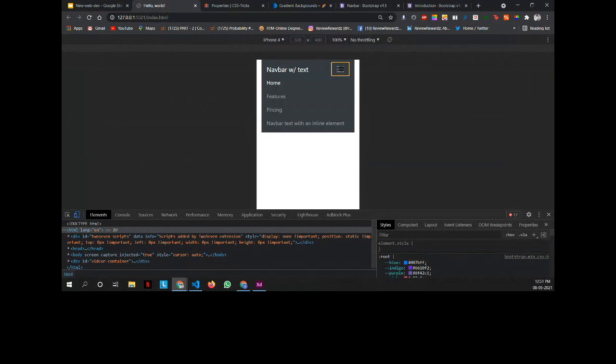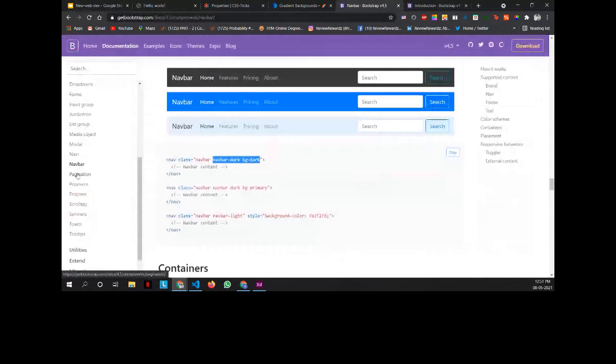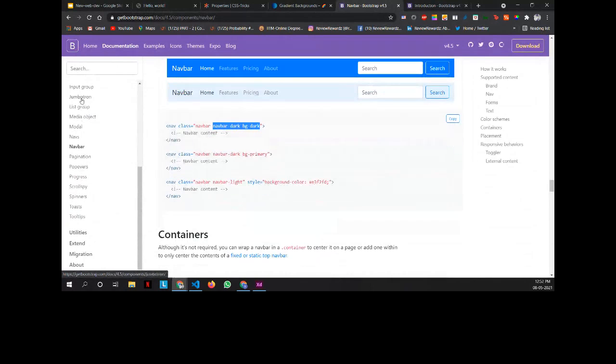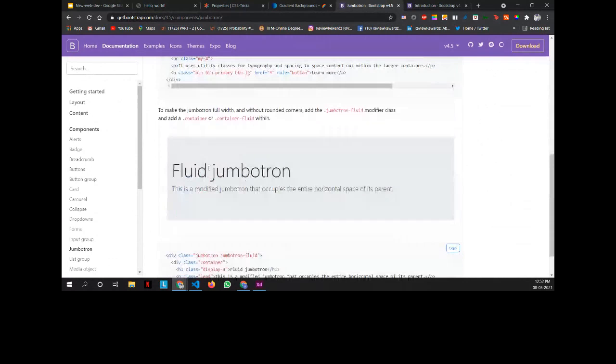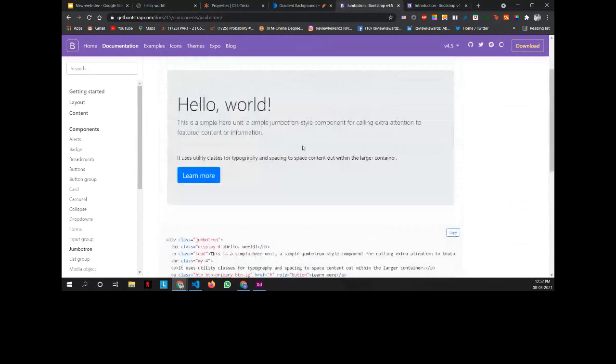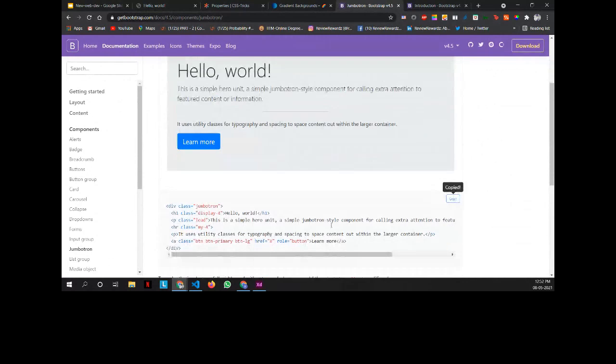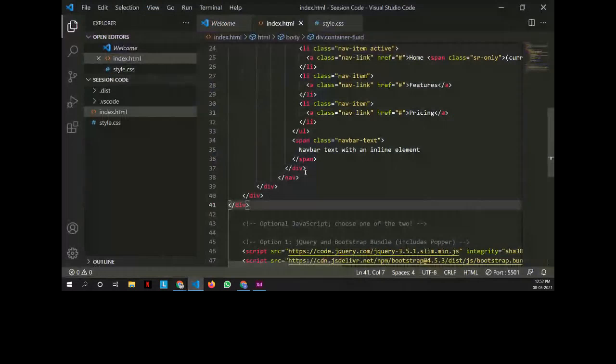So this is how you add elements or components inside your website. If you feel like adding a carousel, or a jumbotron, let's add a jumbotron. If you want to add something of this sort inside your code, let me just copy this here and I'll add it inside my code.